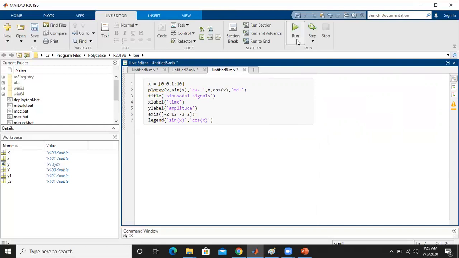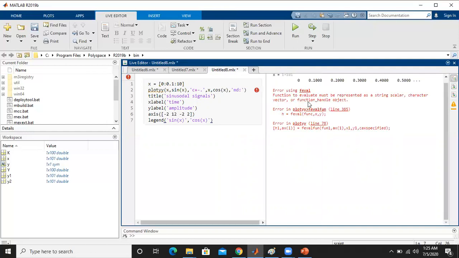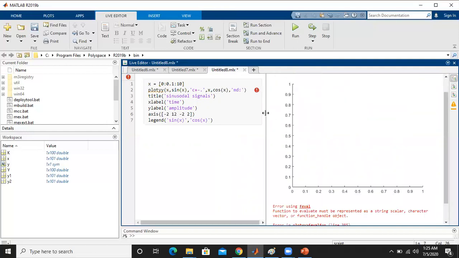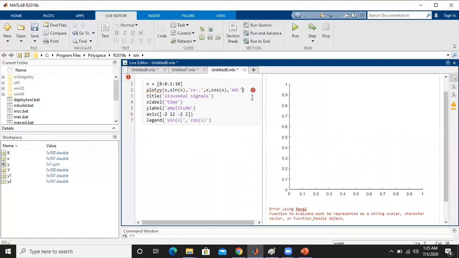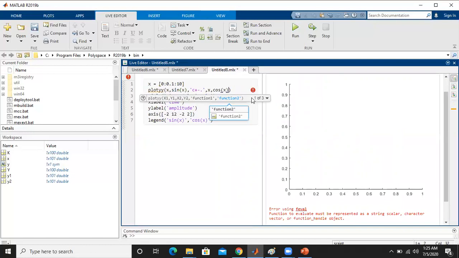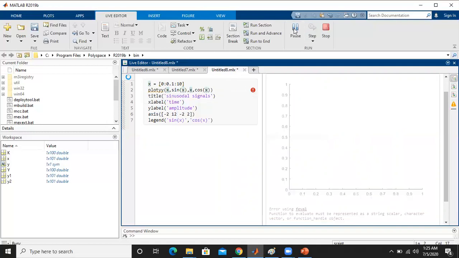Now we will change all the things. Right now, you just run it. We can observe the plot now. So we are getting errors. We try to remove them now. Just run it.